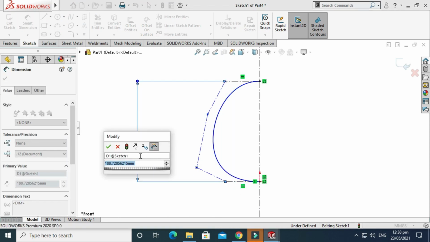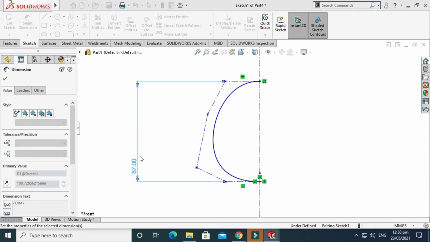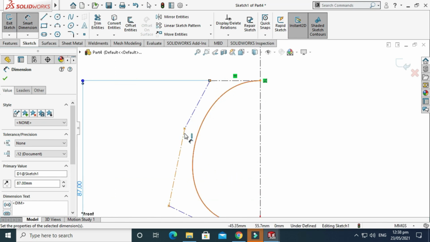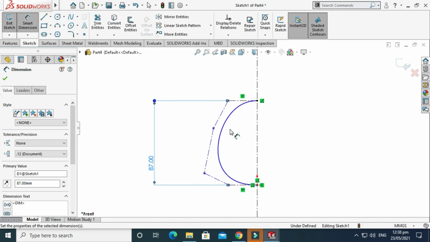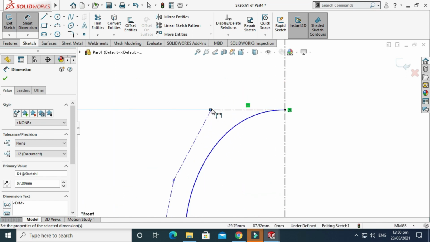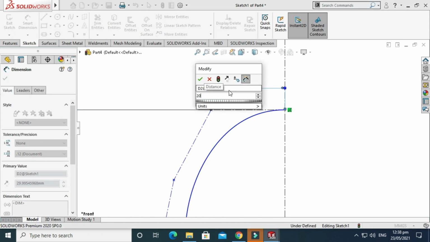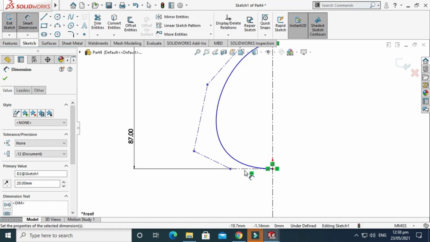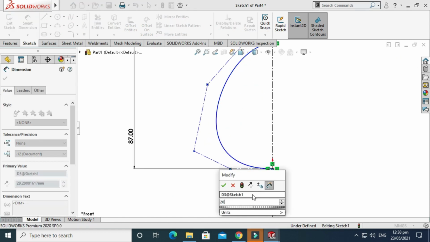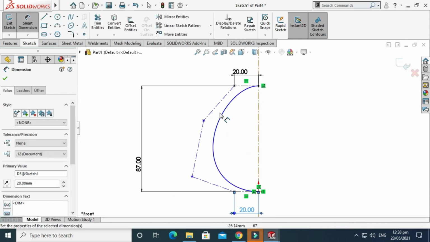The overall height of this egg will be, let's say, 87 mm, and this dimension from this point, in fact this whole line, will be 20 mm, and this will also be 20 mm, right?